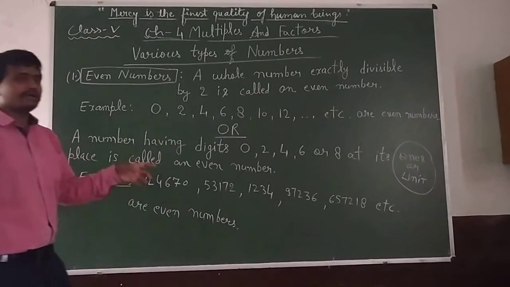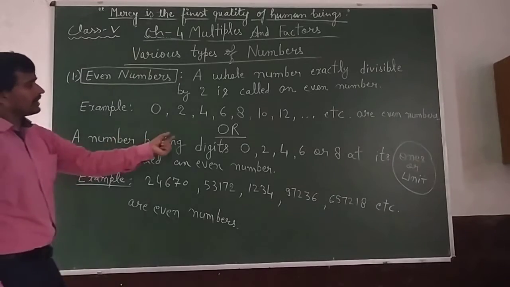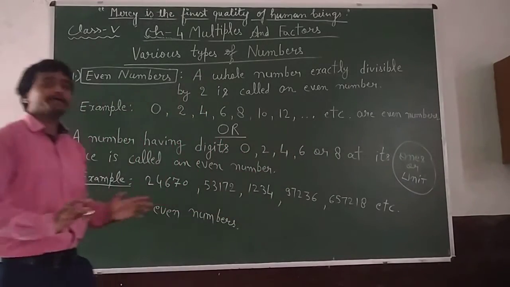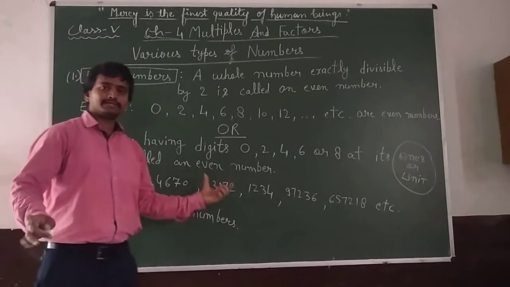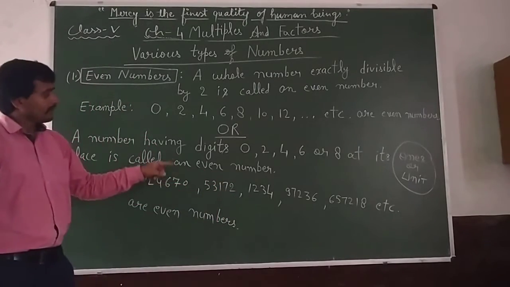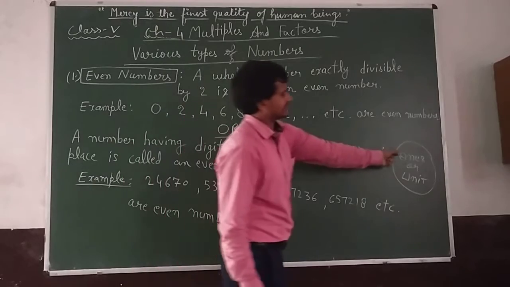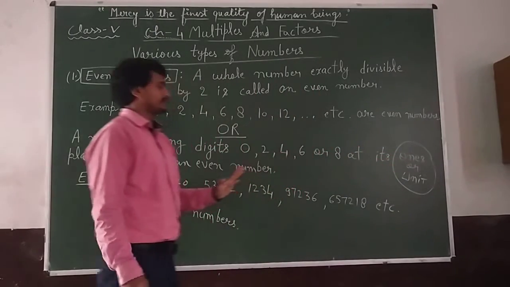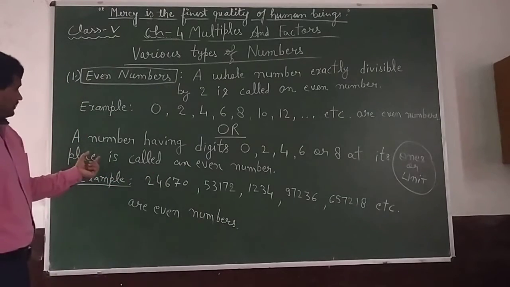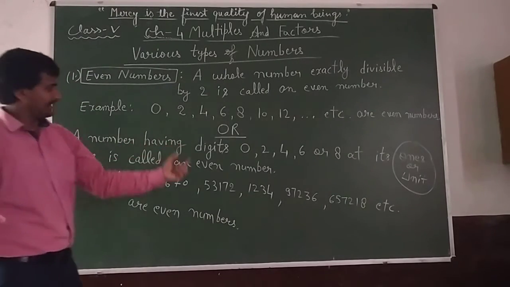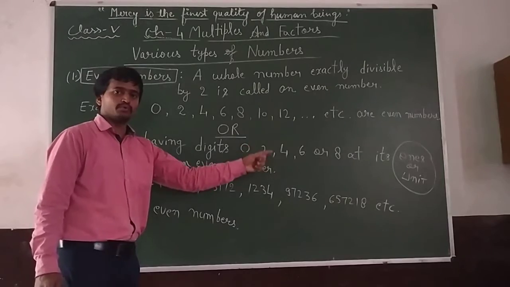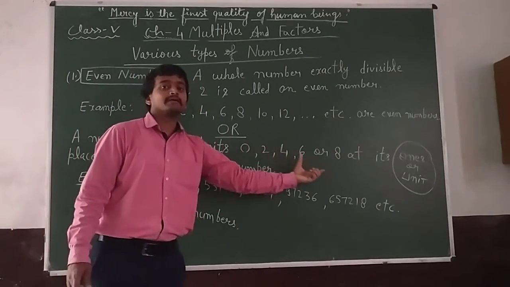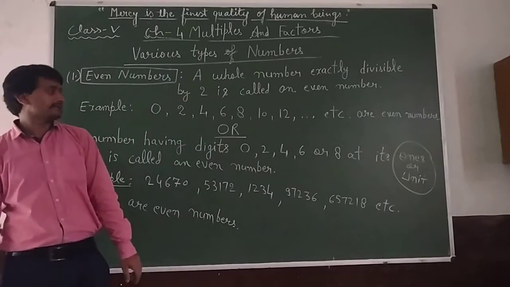Ones place is also called unit place. A number having digit 0, 2, 4, 6 or 8. If a given number is a larger number, then we directly see which place. Ones place, that is also known as unit place. If the unit place is 0, 2, 4, 6, 8, any one of these, then we can say yes, this